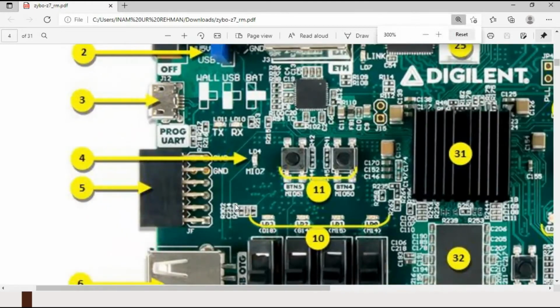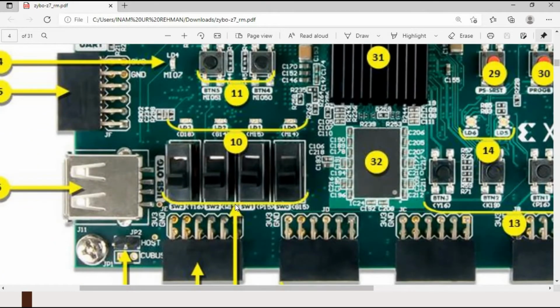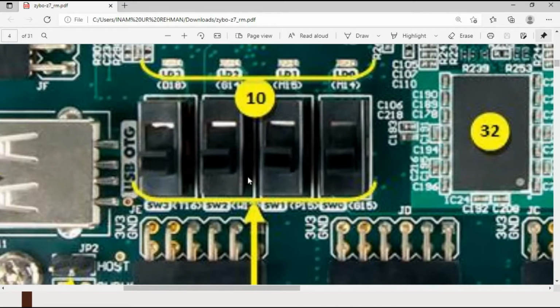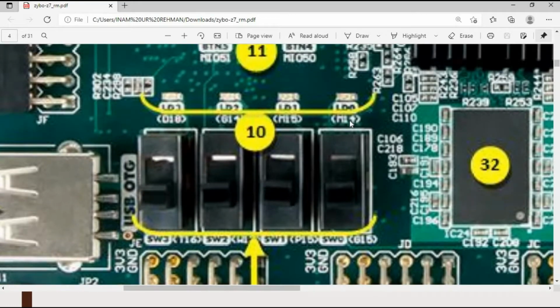So zooming in, as you can see, the switch pins are G15, P15, W13 and T16. These are the pins of these 4 switches. And we have 4 LEDs: M14, M15, G14 and D18.